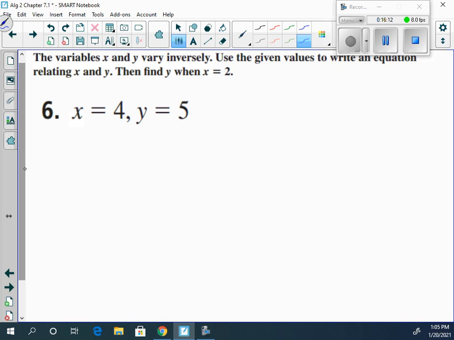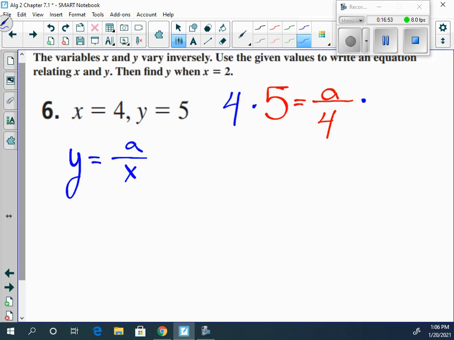All right, this one here will be the last one we do because, again, these don't really change in format or how we solve them. They're going to be the exact same thing. So again, since they're varying inversely, y is equal to a over x. All right, to find the value of a, we set up what? 5 is equal to a over 4. And at this point here, we would